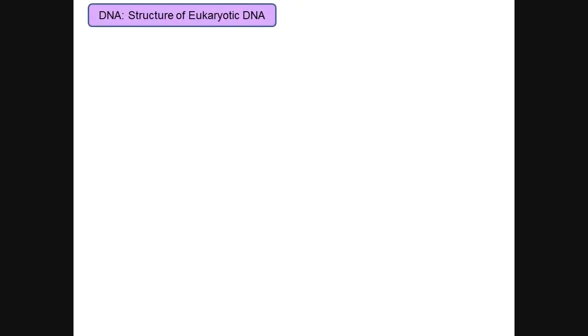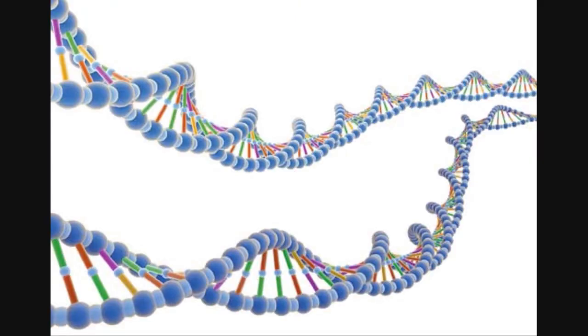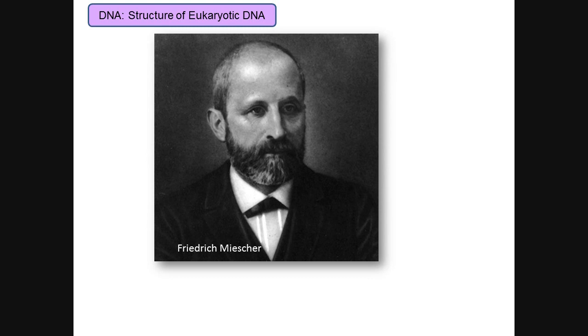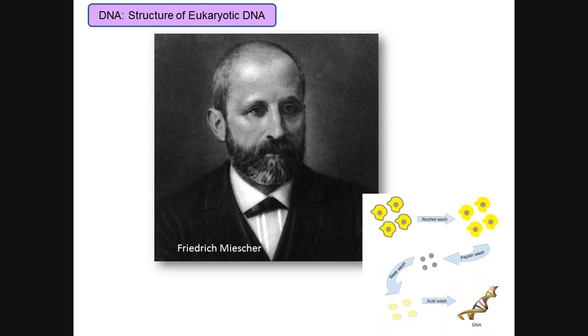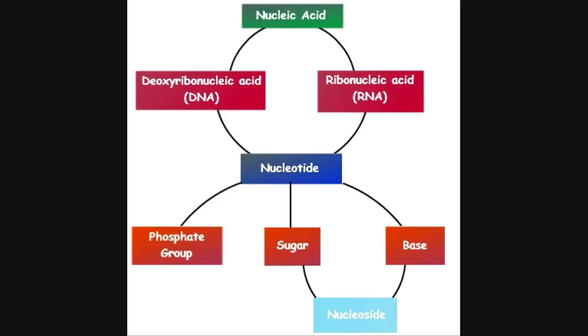Now, when DNA was known to be the genetic material, its basic shape, characteristics, and how it performed its functions were still unknown. So Frederick Miescher separated a cellular substance from the nuclei of cells and named it nuclein. Since this substance had acidic properties, it was named nucleic acid, and this nucleic acid was further known to be of two types, deoxyribonucleic acid and ribonucleic acid, DNA or RNA.